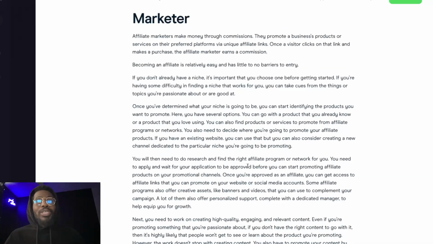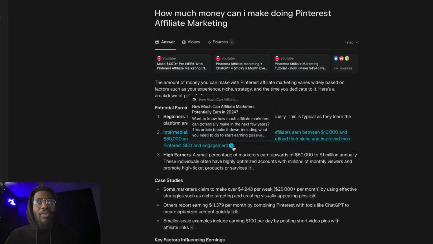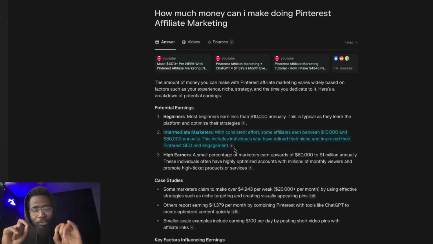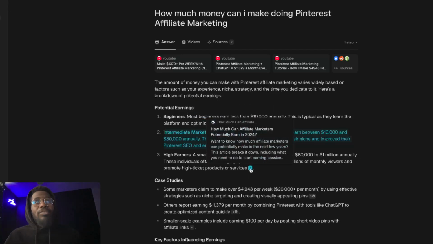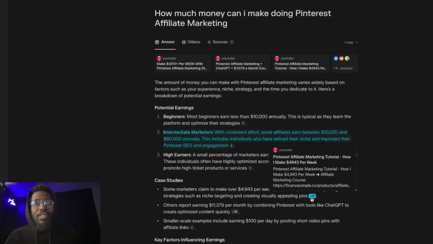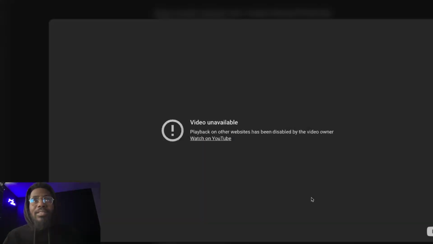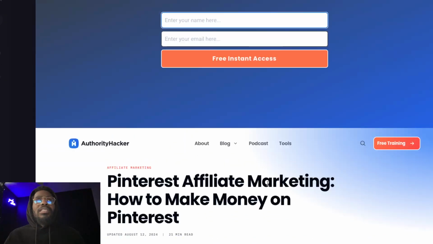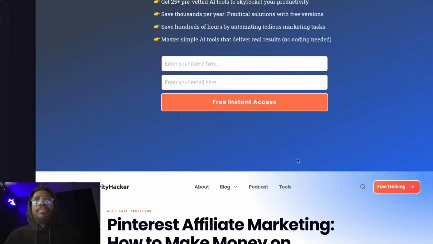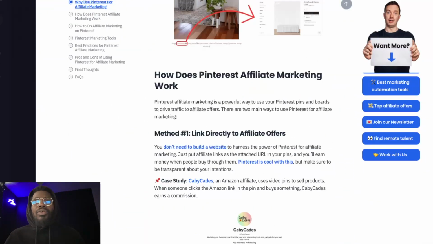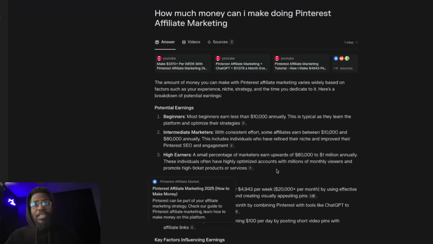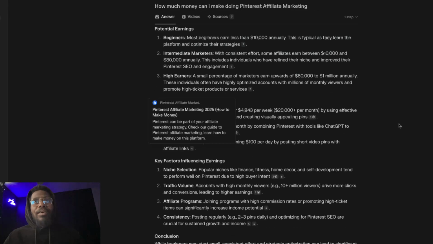Instead of having to read all these articles, it just paraphrases it for you. And that's what I like about it. You can see all these little references. Like, I think this is, let me see. I think this is a YouTube video. Video is not available. Right here. You can see this is where it's getting this information from. And the list goes on. So I let Perplexity do the research for me and bring it back to me instead of me having to do the research myself. So I won't make this video any longer.